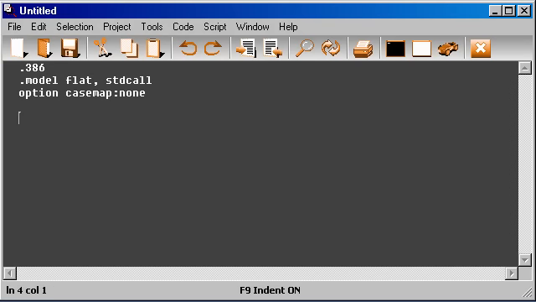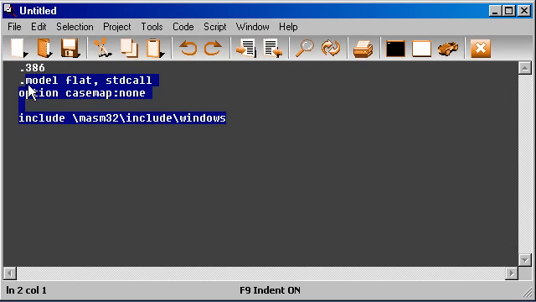The next step is to include some libraries. The first one we include, which is very important, is masm32 include. Because we are using Windows programs, we include the windows.inc file. This particular file contains the